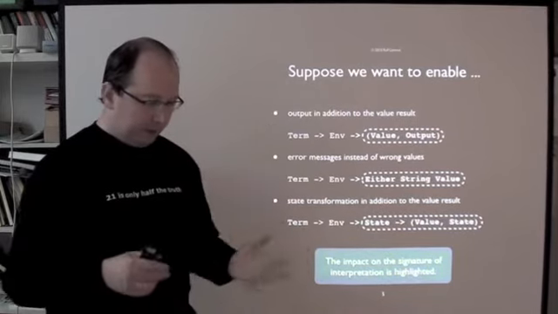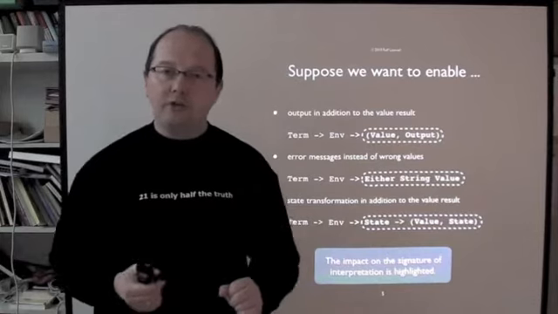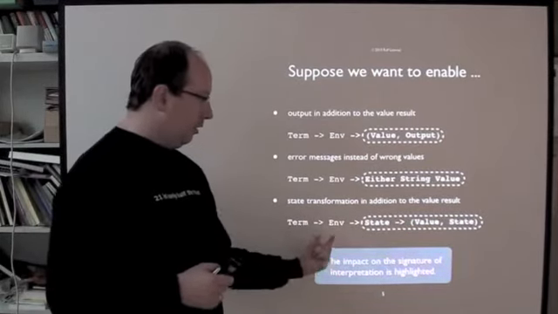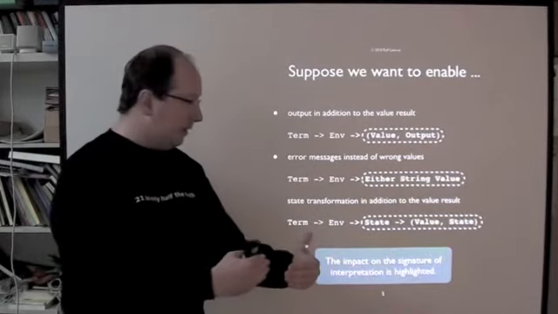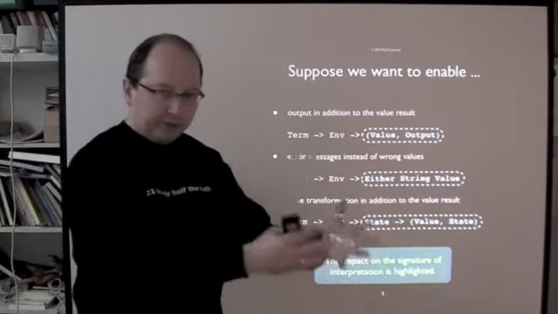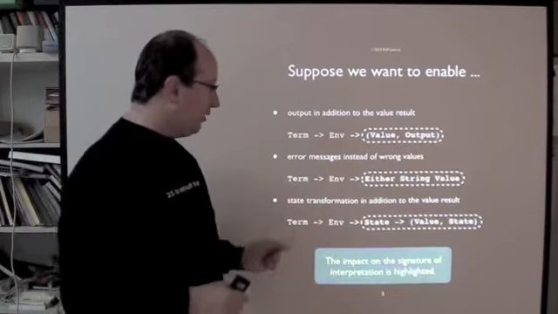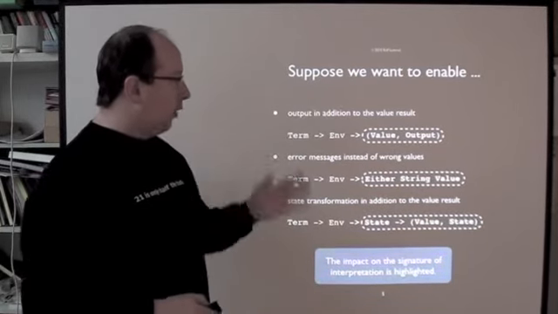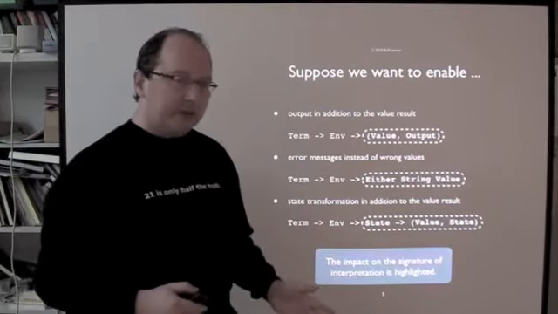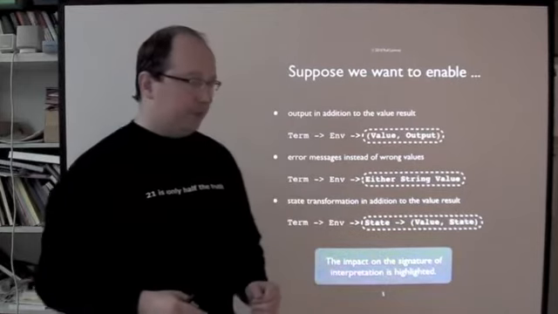And so this means you have to set up the scheme of state transformation, right? Which means your interpreter function receives an initial state and returns a value as before, but it also returns the state resulting from the execution or interpretation of that term. Okay, so the point here is, we can see how we need to elaborate the function signature for interpretation,